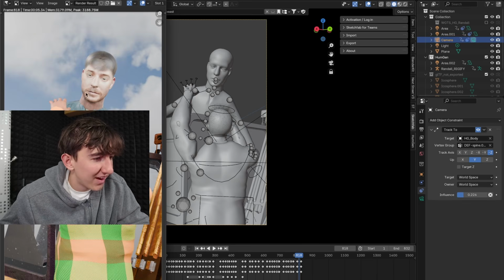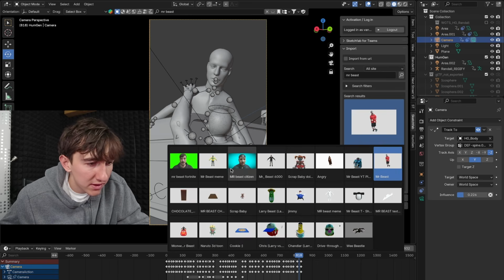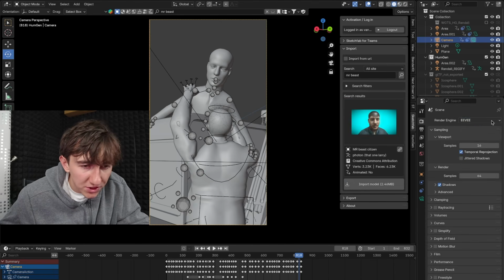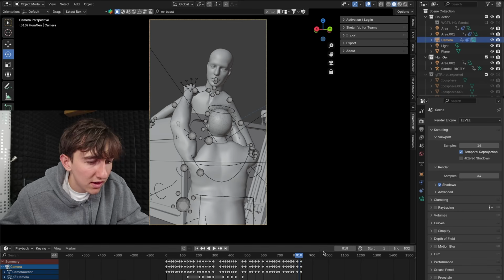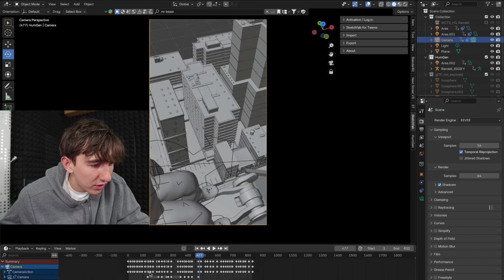Yeah, so obviously it's supposed to be a funny video, so I just got a low quality Mr. Beast, and to do that I just went on Sketchfab, I logged in, and I just looked up Mr. Beast, and I did Mr. Beast Citizen. I changed this to cycles, and then imported it, and then I switched it back to Eevee, obviously. Alright, but now we're gonna focus on